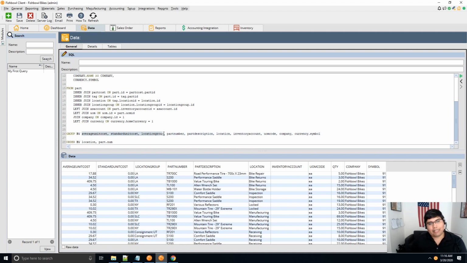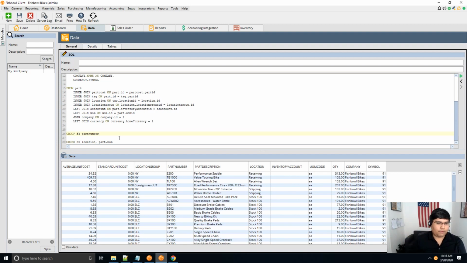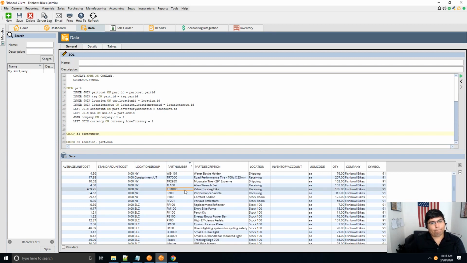Because I can take off this set of columns here and just leave part number. And what is it going to do? It's going to go from 94 rows to 46 rows. Why? Because it's saying, I only want to break up my rows when I've got different part numbers. It keeps the duplicates together and adds up the quantities. But I know I have different location groups and different locations. So why is it no longer showing New York and receiving here when I know I've got more in different locations? Because, just because. And that's sometimes the nuance in databases, where they can get a little magical. It's all logic, it's all maths, but it's